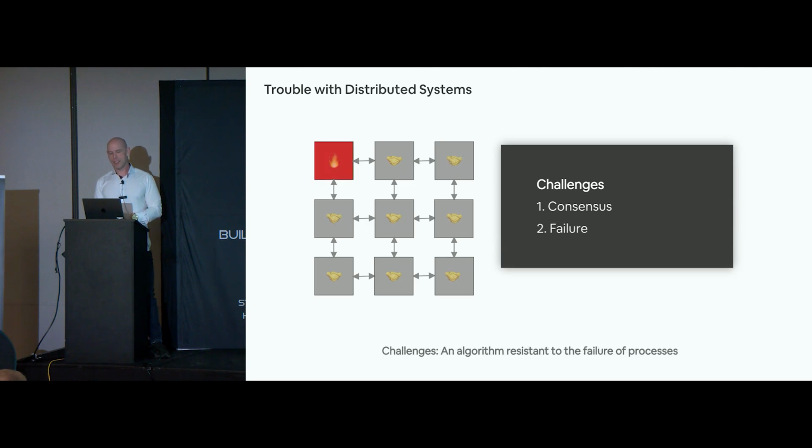We have to deal with failure. Once we've built this consensus algorithm that can work on these independent agents, we still have the problem that any one of these agents can fail at any time for any reason halfway through any process. And that throws a gigantic wrench into any solution you can come up with. We could come up with a relatively simple algorithm to solve consensus, and it would be blown to smithereens by the fact that any node in the system can fail for any reason at any time, part of the way through any process.